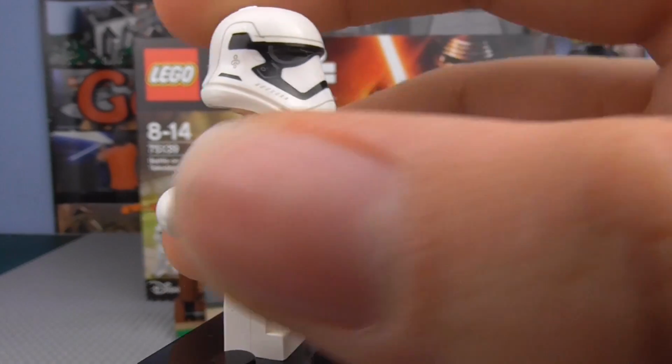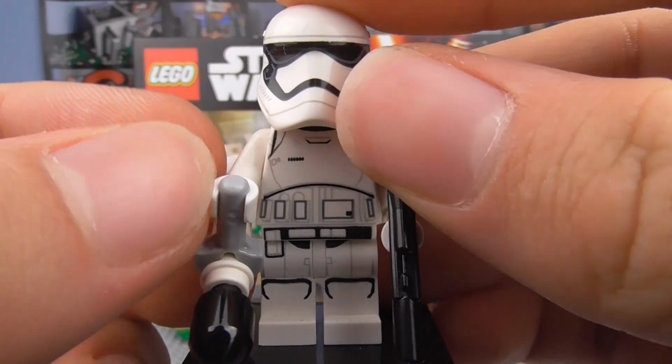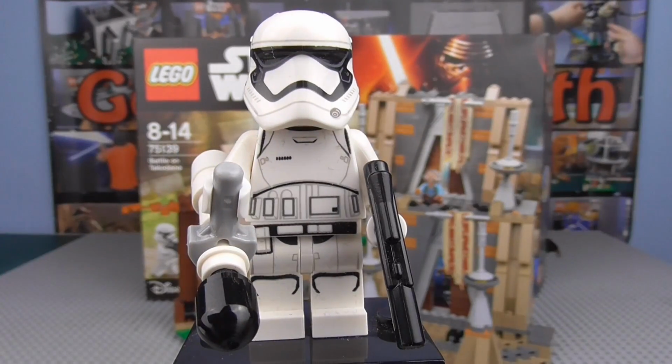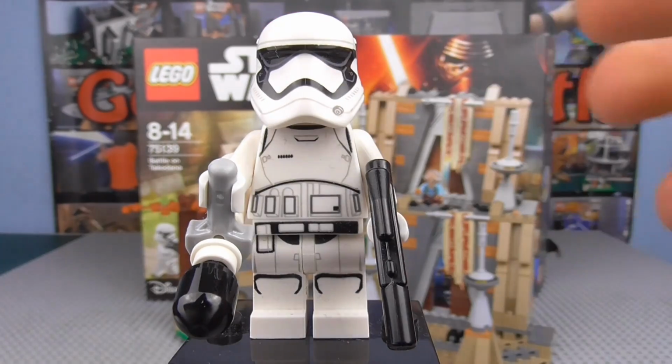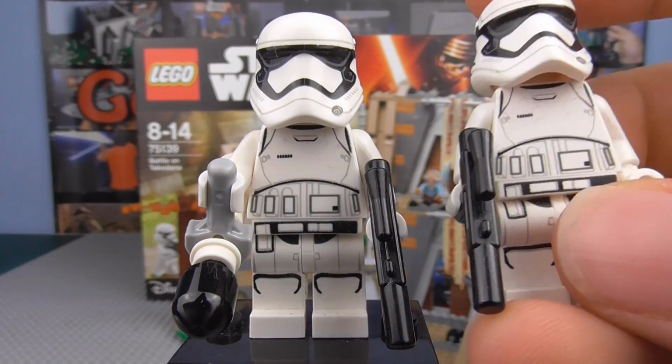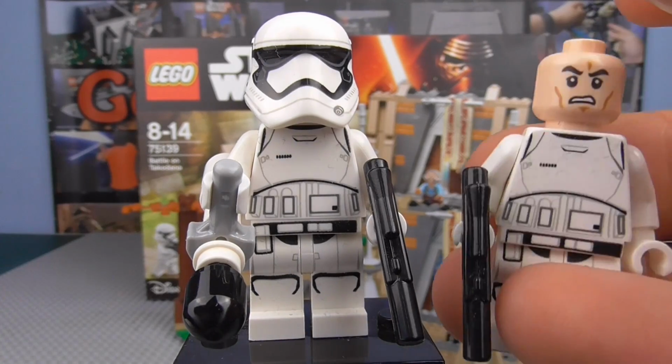Anyway, though, as a minifigure, he's exactly the same as any other trooper. There's a bunch of conspiracies about him as well. There's a bunch of conspiracies that he was in the same academy as Finn, which is why he called him a traitor, and all that stuff. But as a minifigure, he's exactly the same as any other Stormtrooper, and we do get two of them, by the way. They both come with these trooper faces, which at this point, I don't care enough about, to be honest with you,